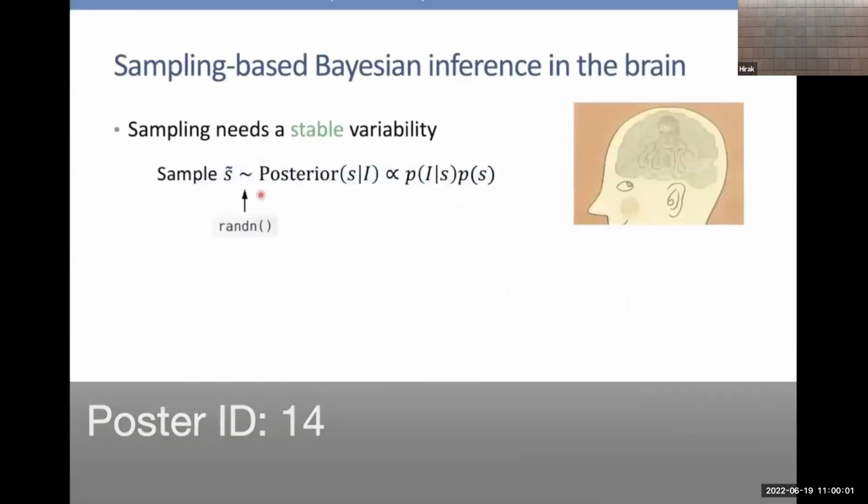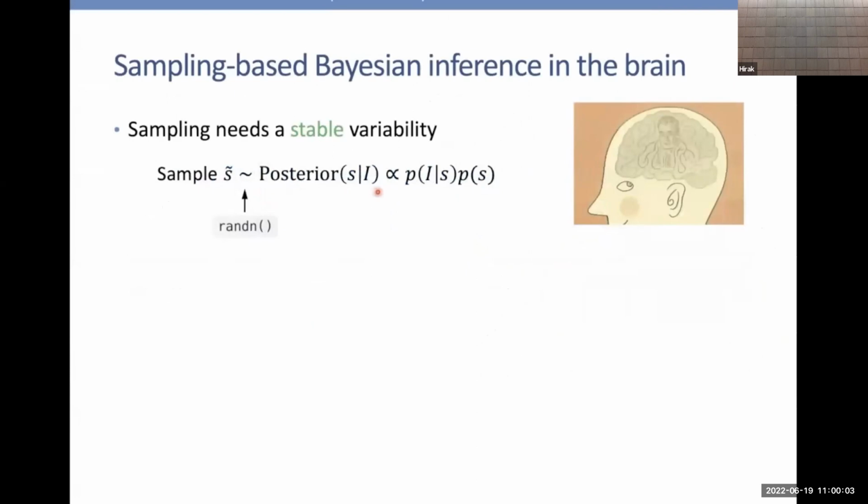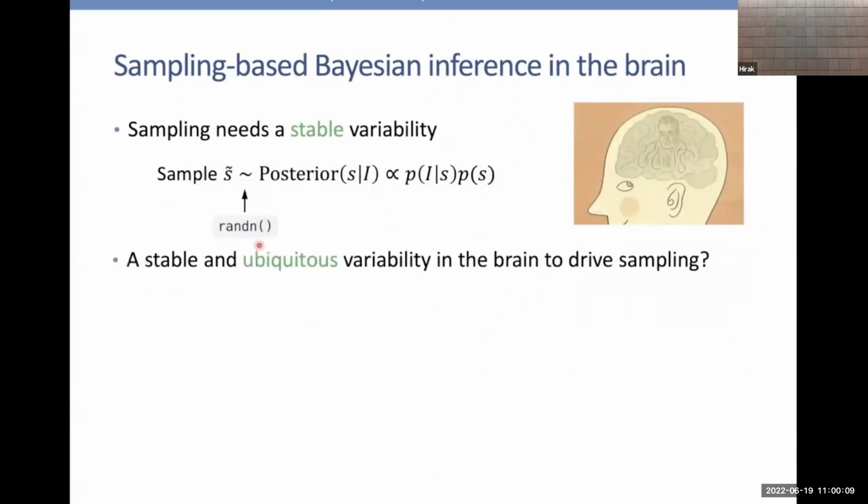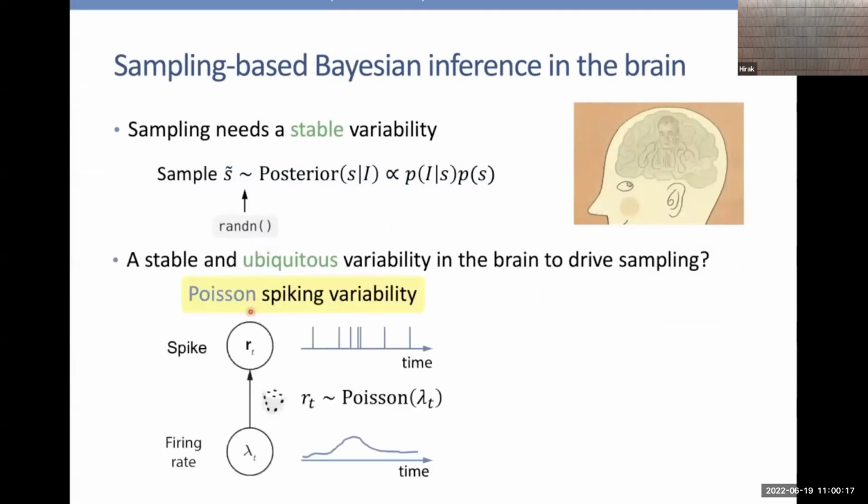The brain performs sampling to infer the posterior of stimulus in the outside world. As we know, sampling leads to stable variability. This triggers the question: what is a stable and ubiquitous variability in the brain that is able to drive sampling? From neurobiology studies, we know Poisson spiking variability is ubiquitous in the cortex, and we use Poisson spiking neurons